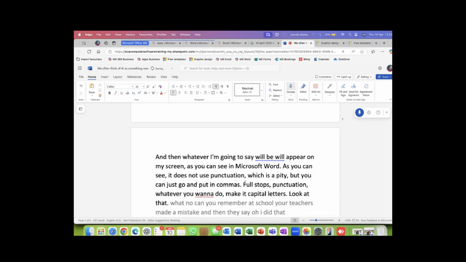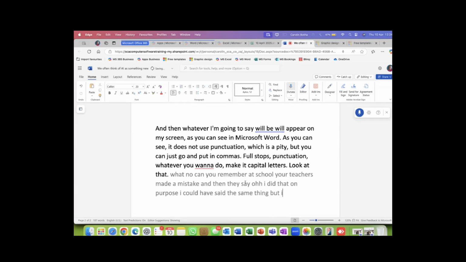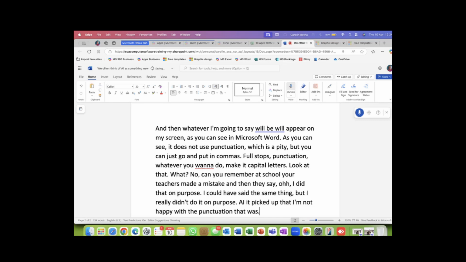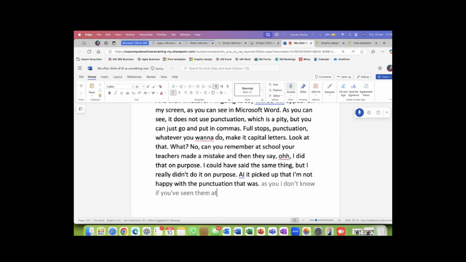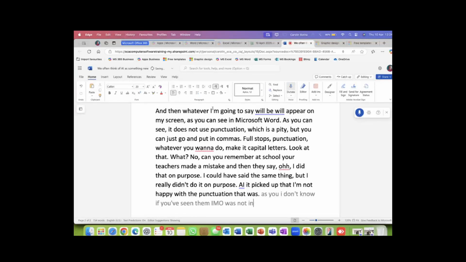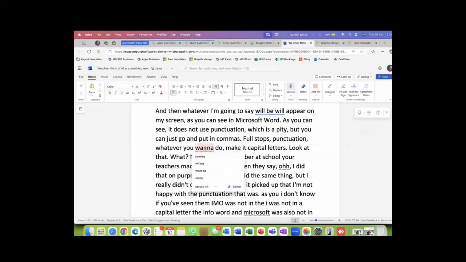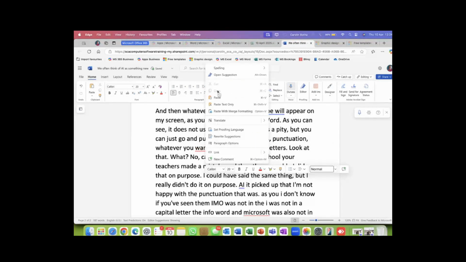I could have said the same thing, but I really didn't do it on purpose. AI picked up that I'm not happy with the punctuation. I don't know if you've seen, the I was not in a capital letter, the M for Word and Microsoft was also not in capital letters. I can switch off, and then of course I can go and change wanna. That's how I talk, looks like it.